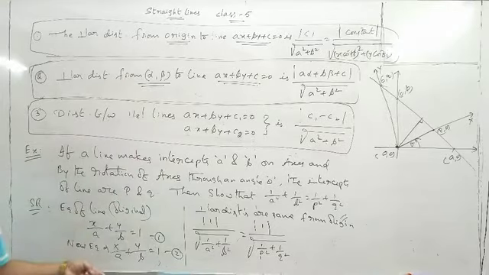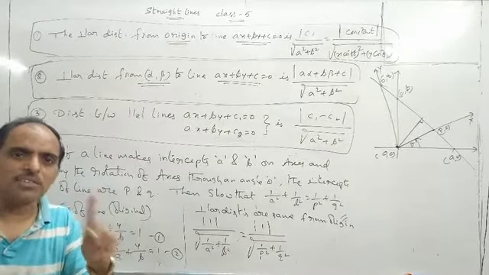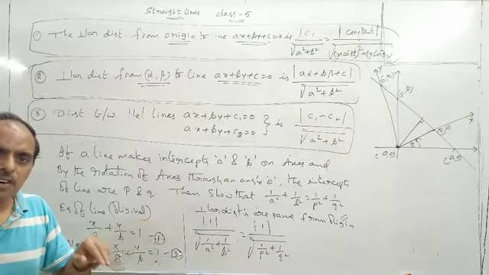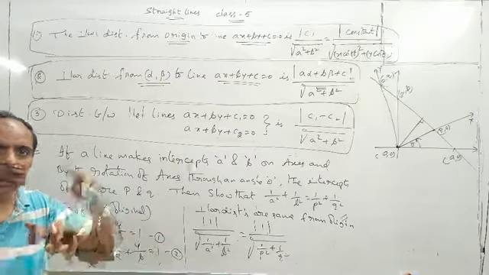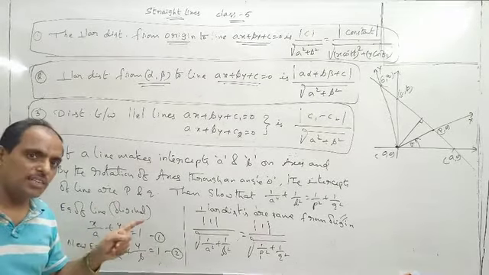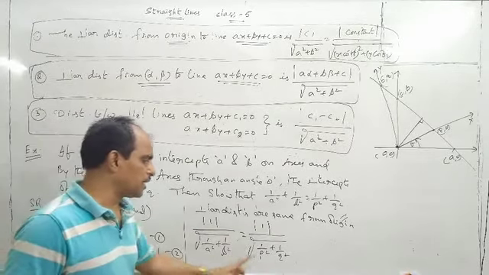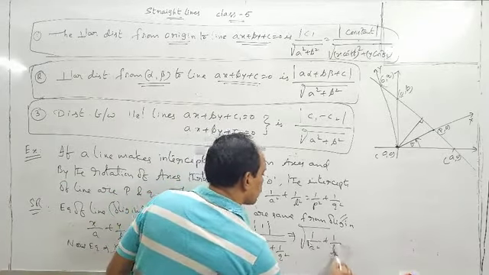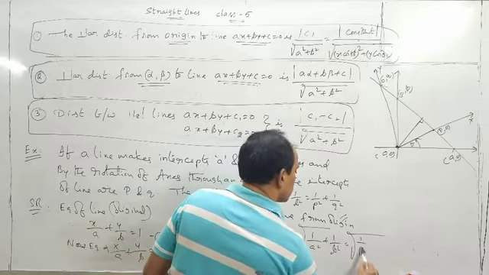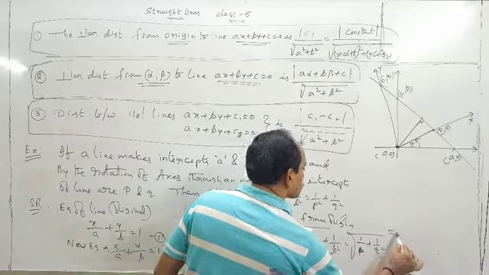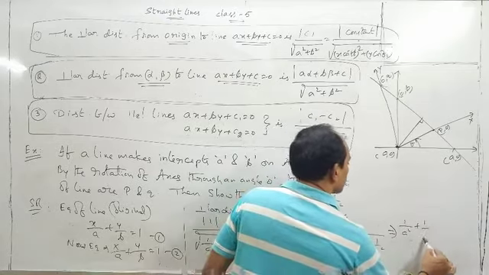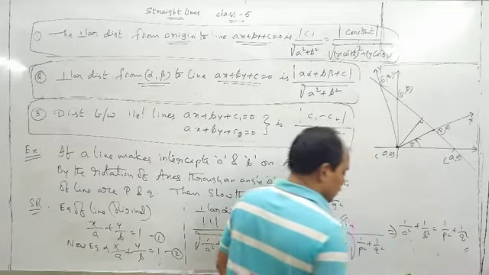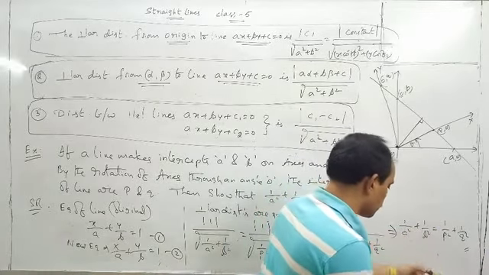These two distances: the line has two names, but the distance is only one. The distance is the same but the lines are two. Lines are two means there are not two lines, only one line but having two equations, only one origin. So the distance is also the same. Perpendicular distance is the same. That implies root of 1 by a square plus 1 by b square is equal to root of 1 by p square plus 1 by q square. That implies 1 by a square plus 1 by b square is equal to 1 by p square plus 1 by q square. That is the formula. Check it once again.